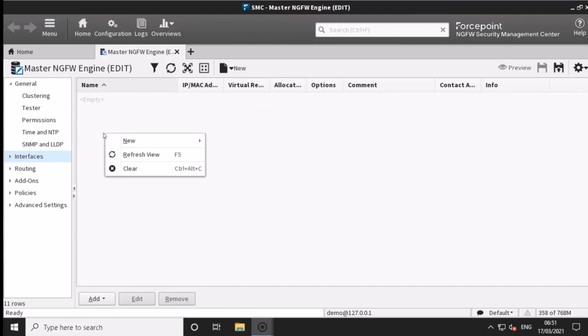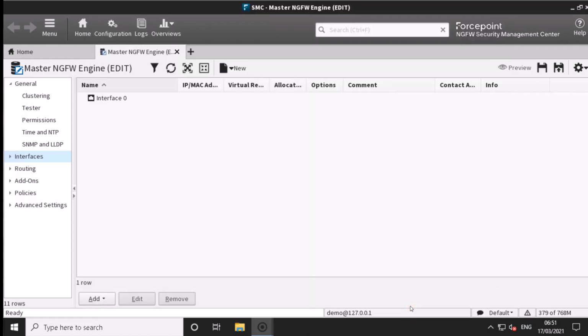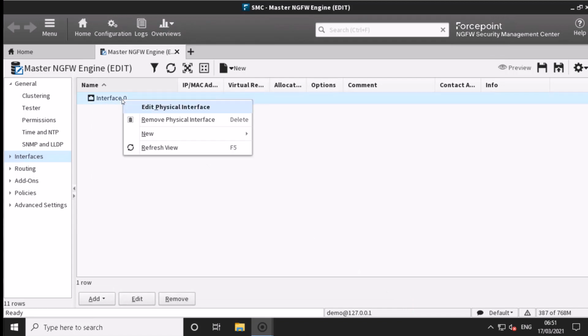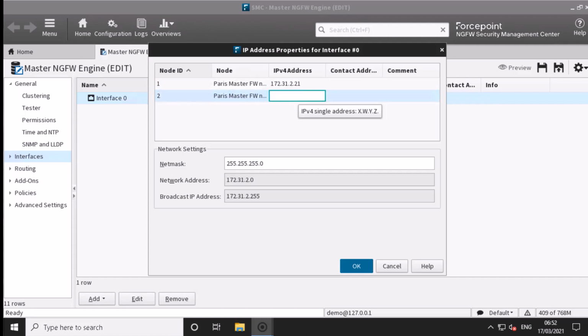Master engines need the management interface for connections to the management and log server. Virtual firewalls do not need a connection to the management or log servers. Management interfaces need no dedicated IP addresses. The IP address can be configured under Physical Interface or VLAN. The master engine's only purpose is to host virtual firewalls. It cannot process user traffic going through it. In the IP address configuration this is visible as it is not possible to configure cluster virtual IPs, which are used to route traffic through NGFWs.